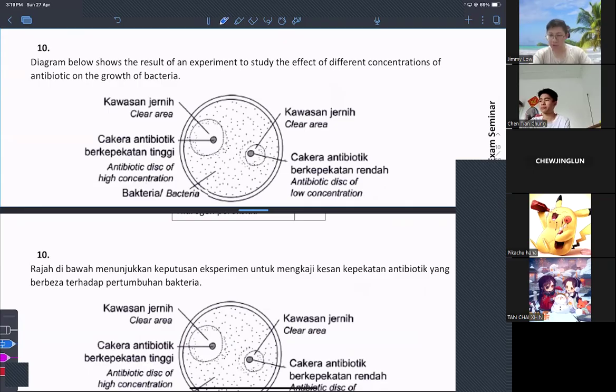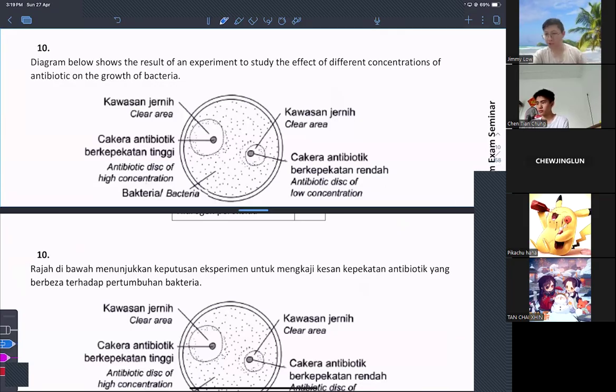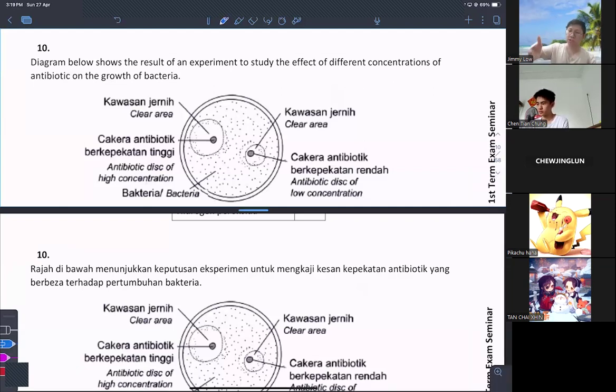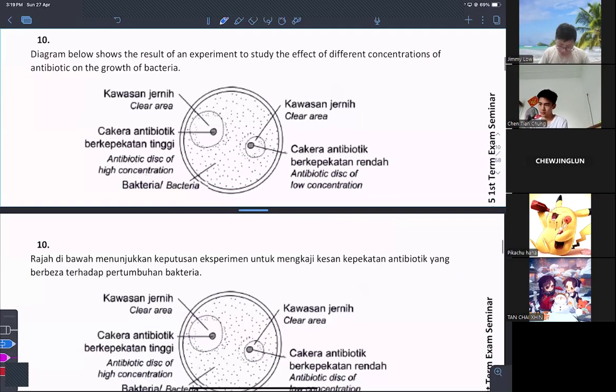Yeah, one dry, one wet, I know. So better for you to refer back to what the question says. The most secure one. This one's a little bit gray area for me, because if you say condition of nutrient agar, it can be a responding variable as well. Because at the end of the experiment, I'm going to see what is the condition of nutrient agar. It can be both of them. So better you read back the questions. We play safe. I always tell my students to play safe lah.